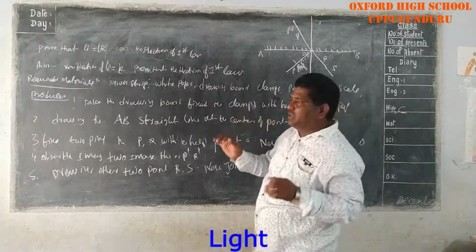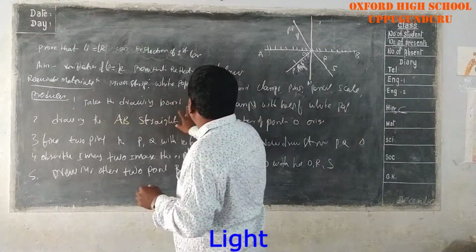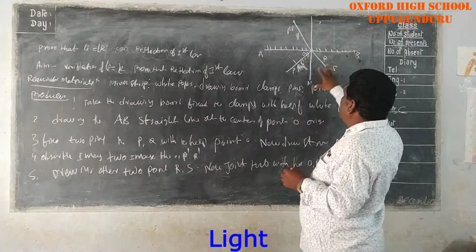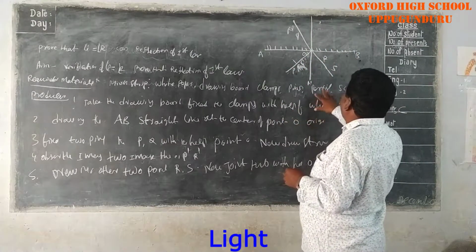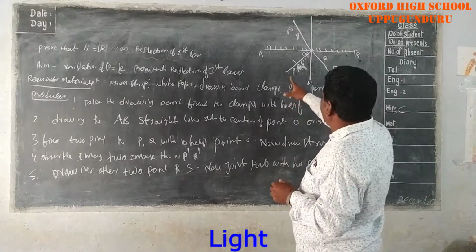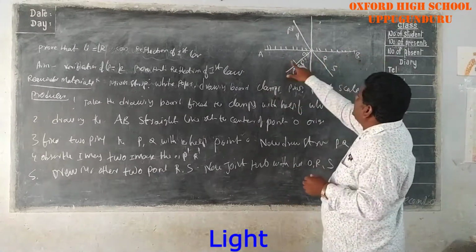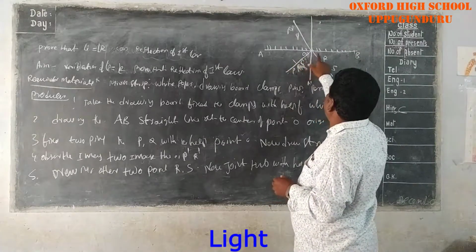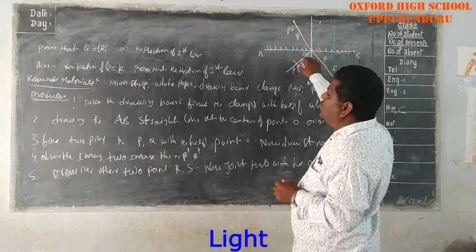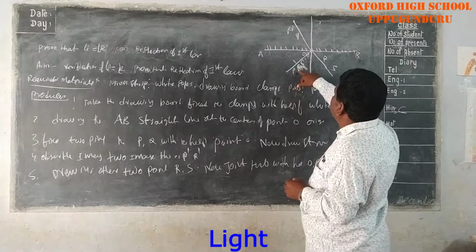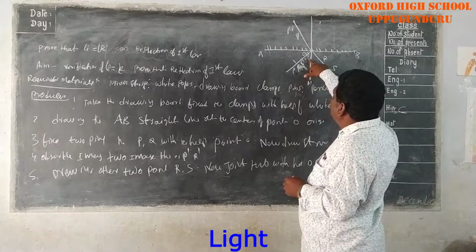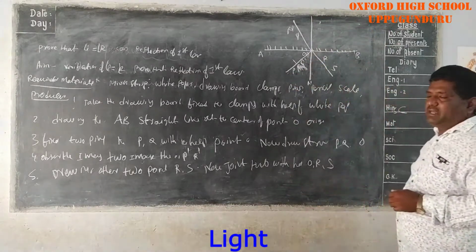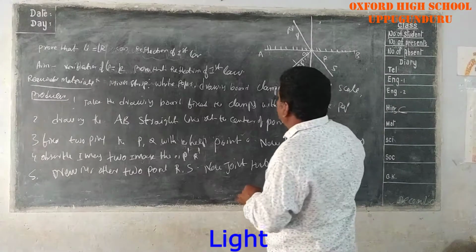Now do the procedure one by one. Take your drawing board and fix the white paper with the help of the clamps. Now second point, draw one straight line. This is named AB. The center point of the straight line is O. Next, fix the 2 pins. These 2 pins are named P and Q. With the help of the origin O, draw one straight line. Okay now. Next, observe the 2 here.